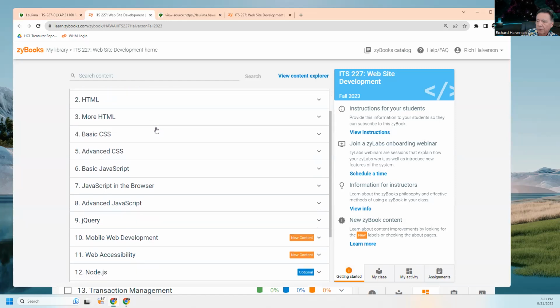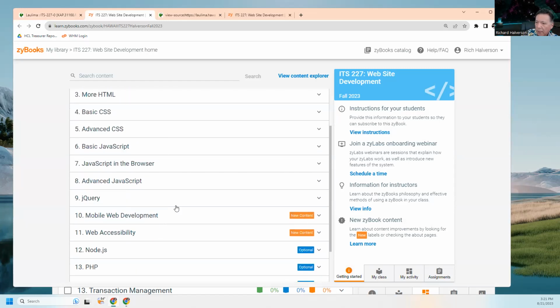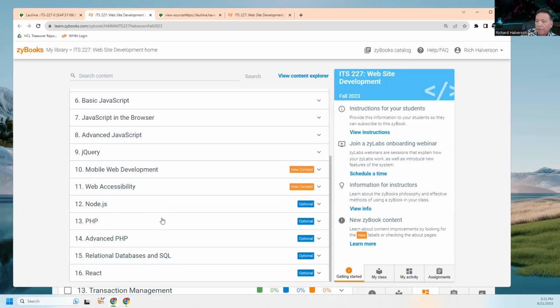We're going to cover chapters 1 through 10, 1 through 11, and I include these other chapters because if you take the follow-on course, which is ITS 387P, I think, for programming,